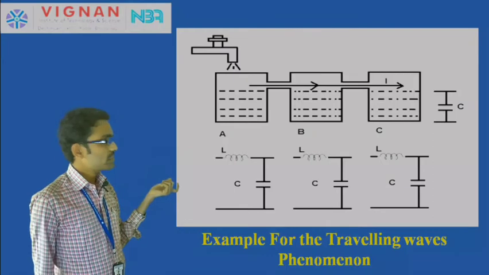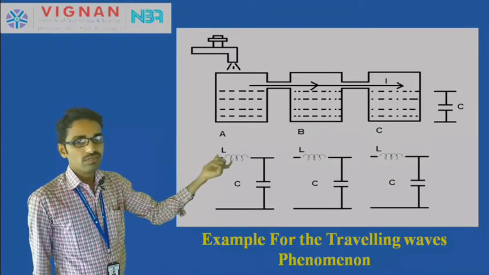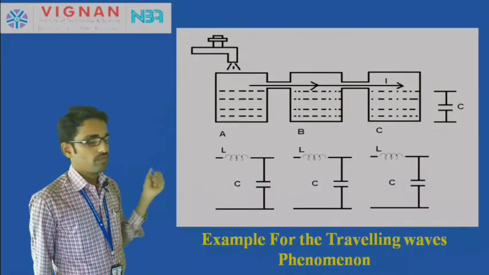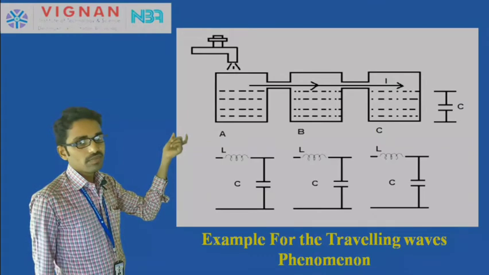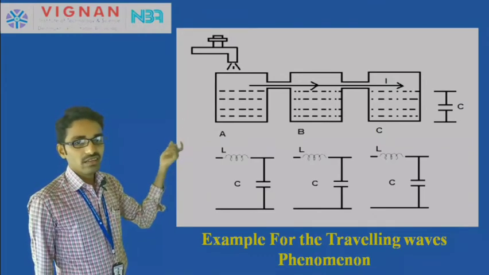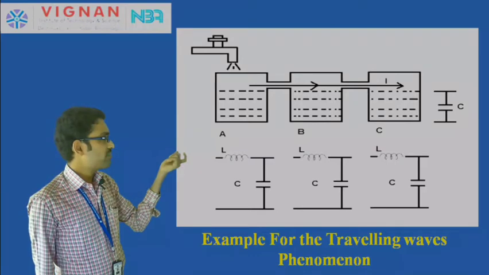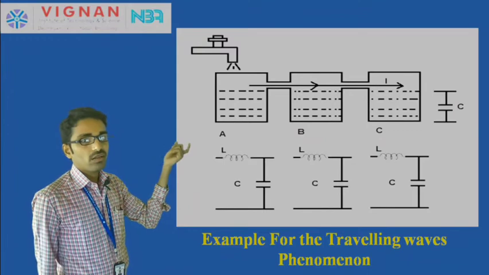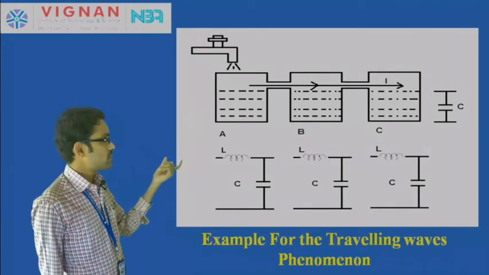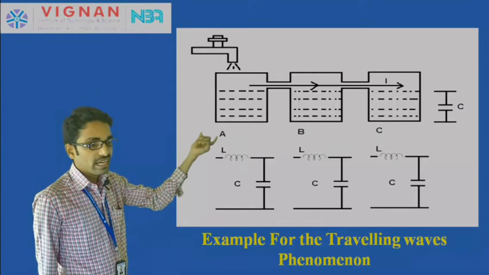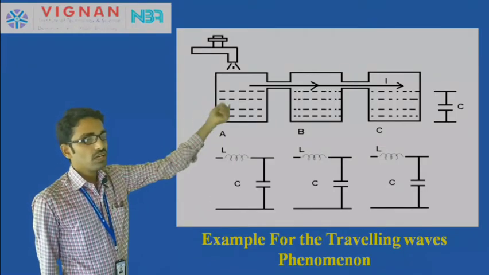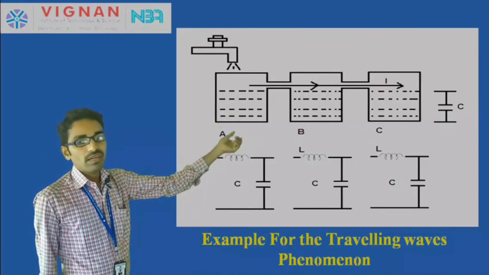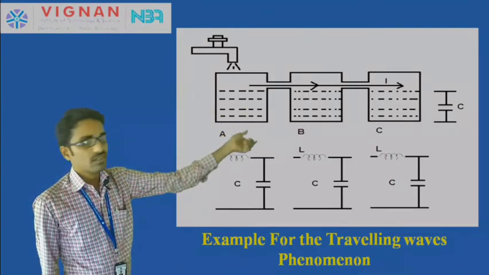Here I am taking 3 chambers which are empty before opening the valve. When I open the valve of the water, it slowly fills a chamber. After the filling of chamber A, which has an opening at the upper portion, only when chamber A is filled does the water move to the next chamber, that is chamber B, and after chamber B is filled, the water moves on to the next chamber, that is C.